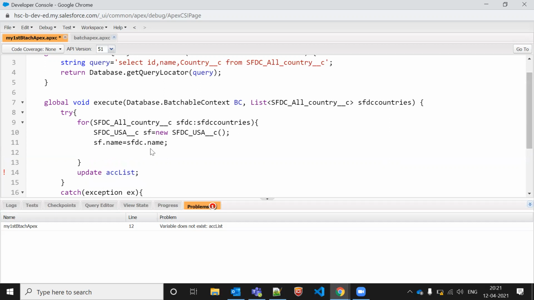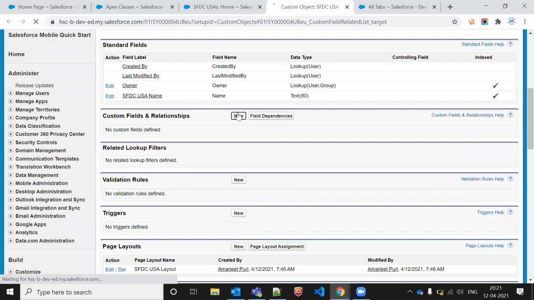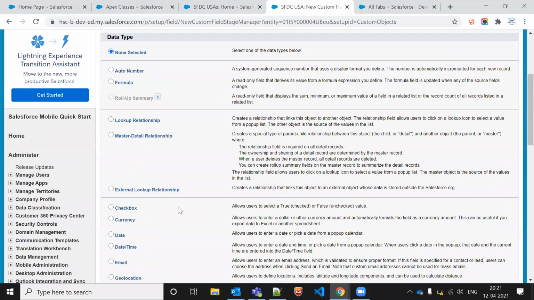Even we should do one more thing: create one more field in this one as well, the picklist.